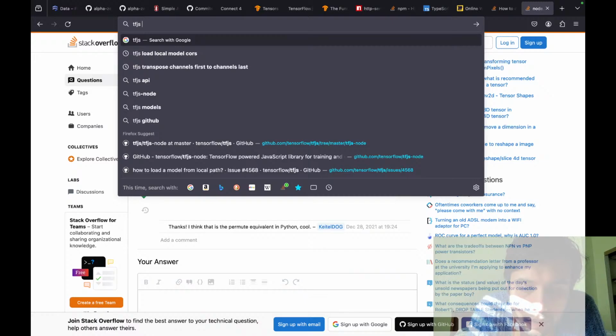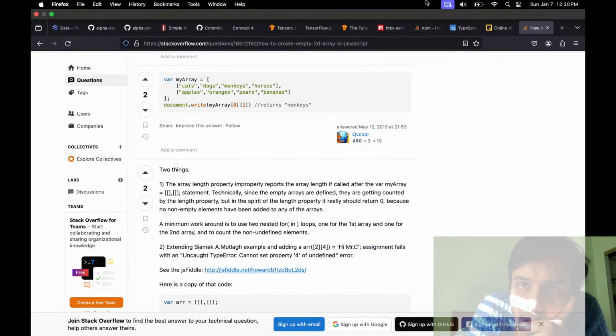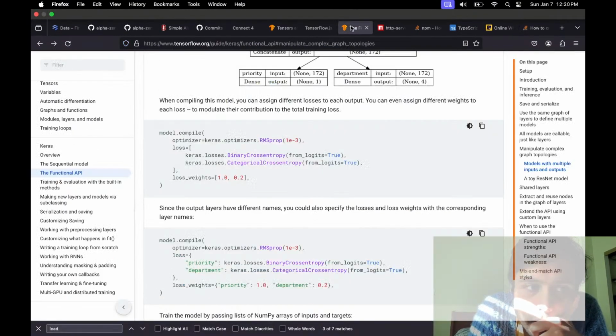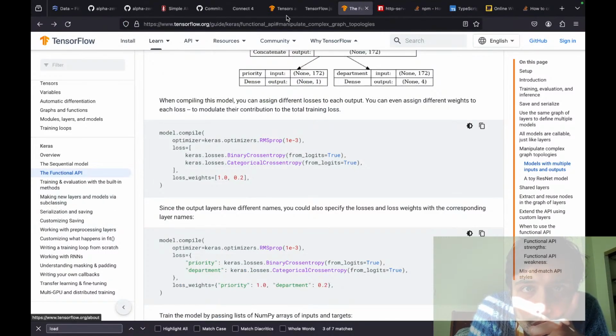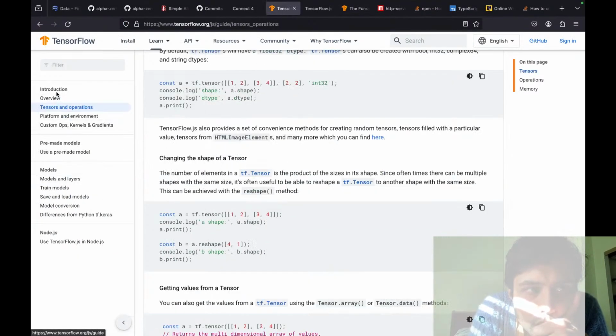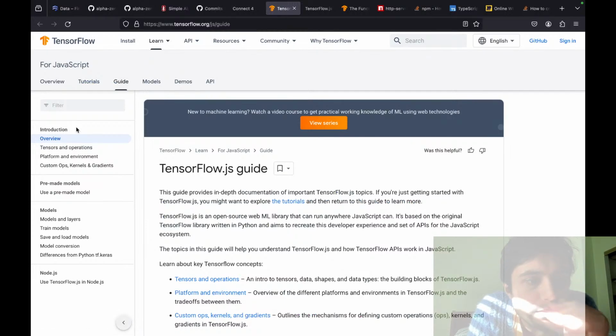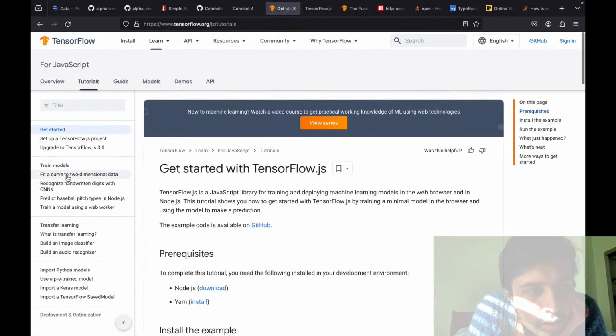JS, let's just look at an example. I think they have classification examples, right? Overview. TensorFlow tutorials.